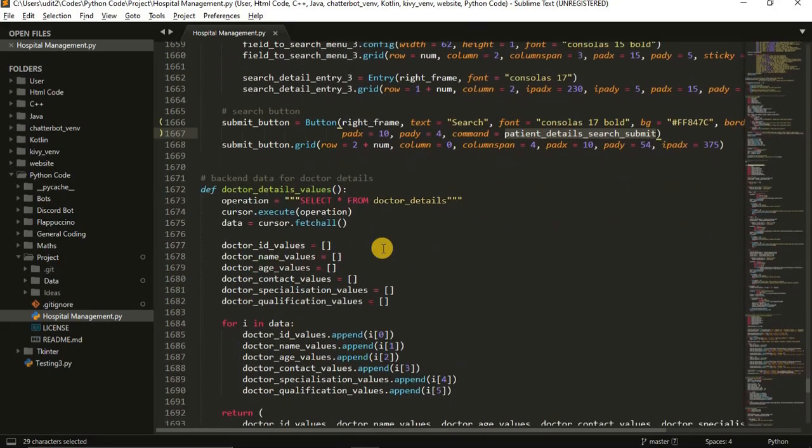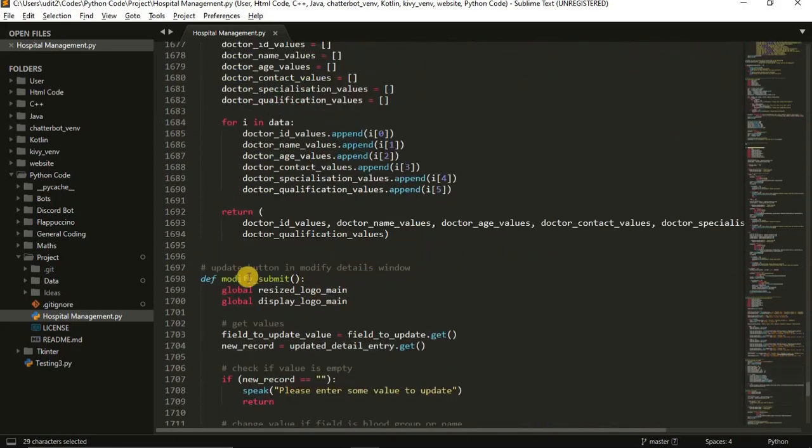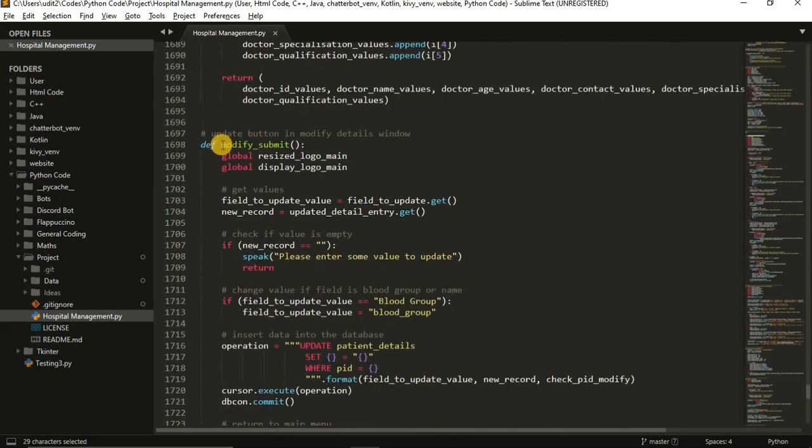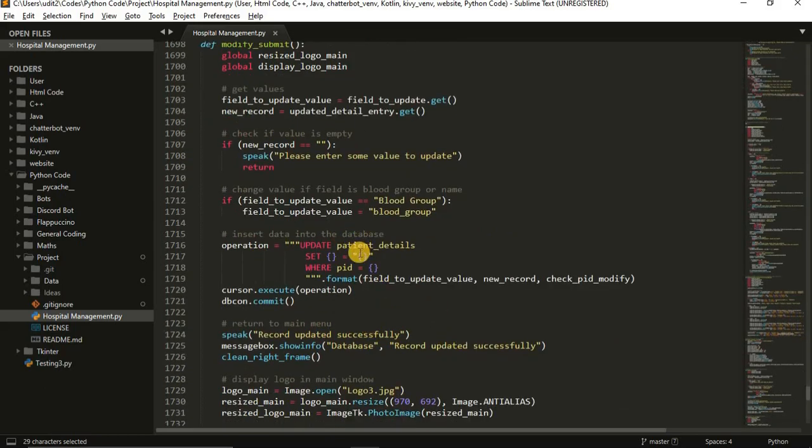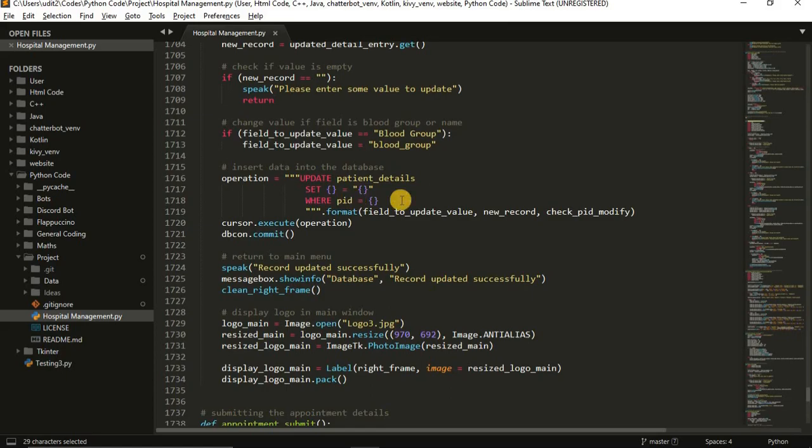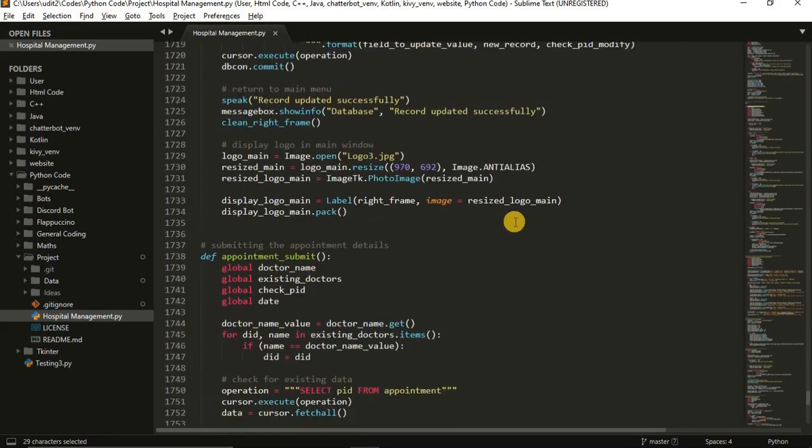Now we will move on to this function called doctor details. It is just a static page. It will select all the details from the doctor details table and print them, nothing fancy in that. Now we move on to modify submit. First it will fetch all the details from the patient details table according to your PID. It will show them, and another field would be there where you would be asked to change your details. The new data would be fetched and updated into the table using this function called modify details.